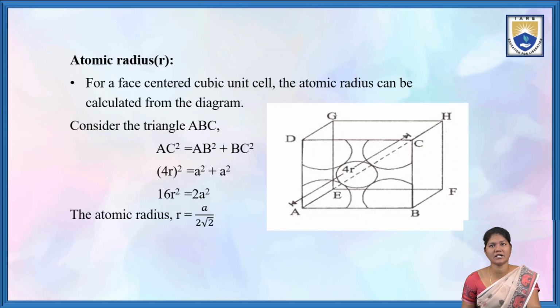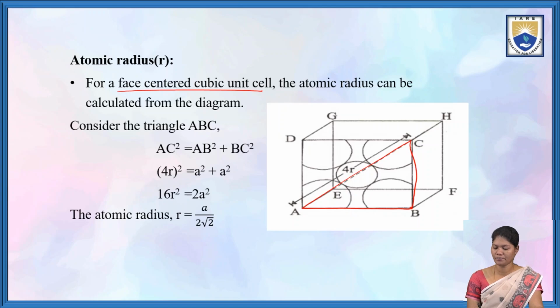So we can calculate the atomic radius, the R value. For the face-centered cubic unit cell, the atomic radius can be calculated by taking the triangle ABC from the diagram. So AC square is equal to AB square plus BC square. So AC square is 4R square, because